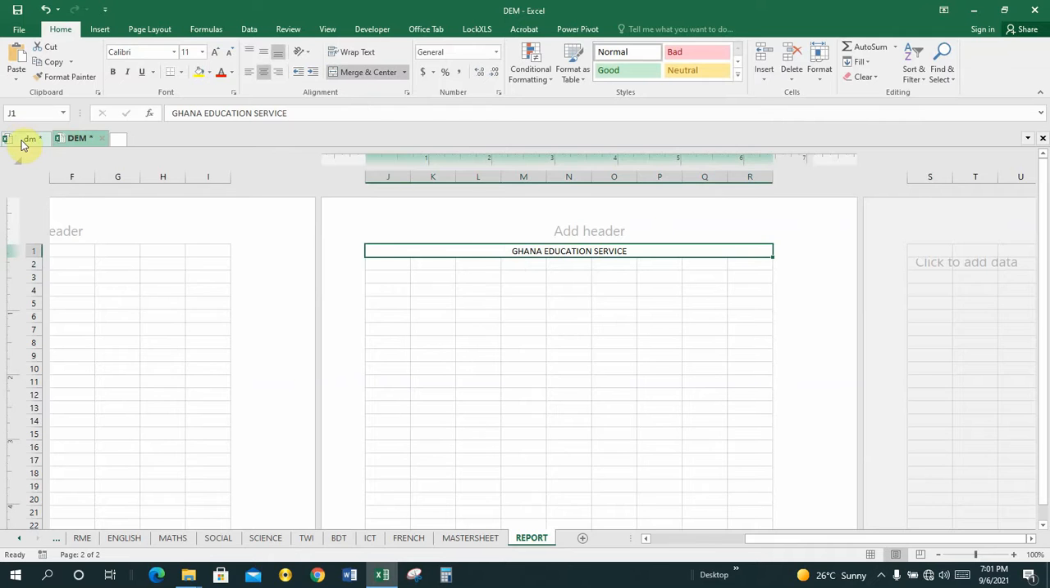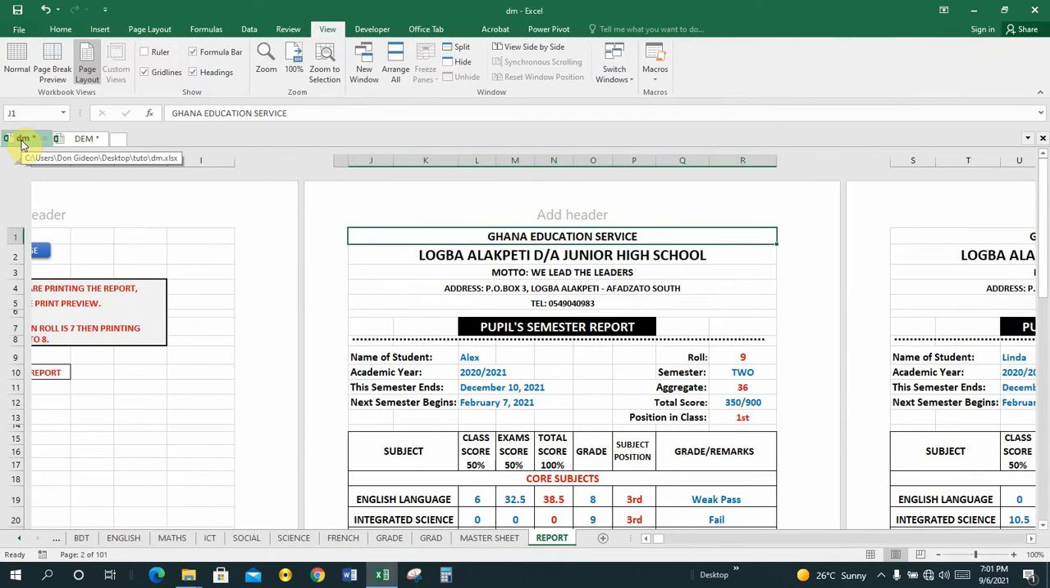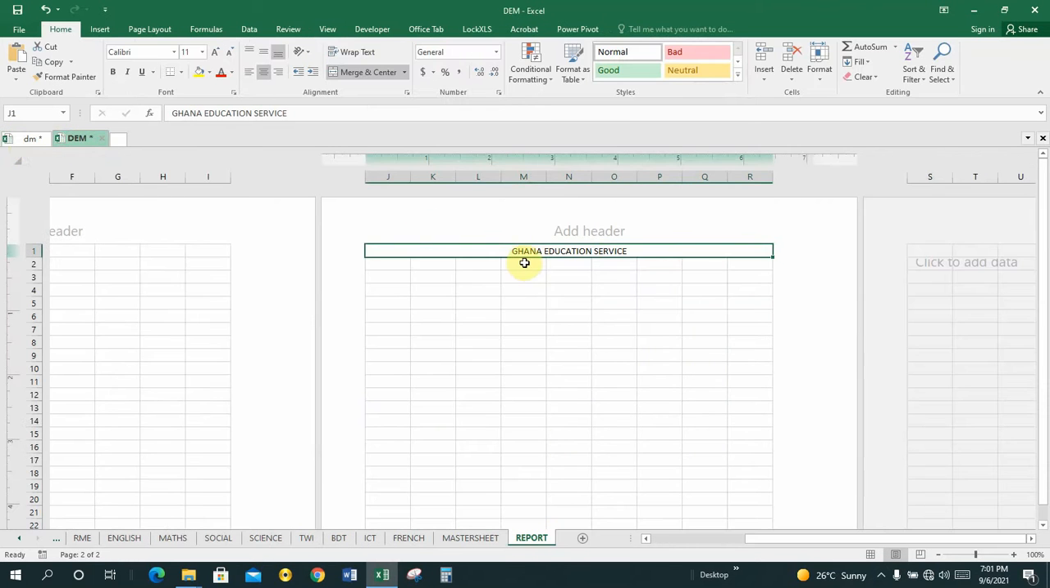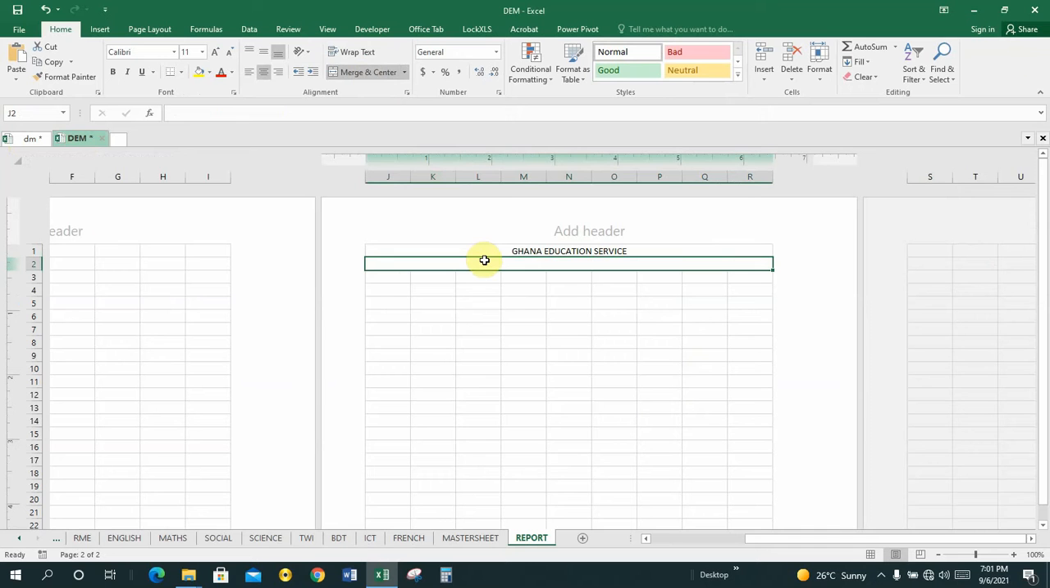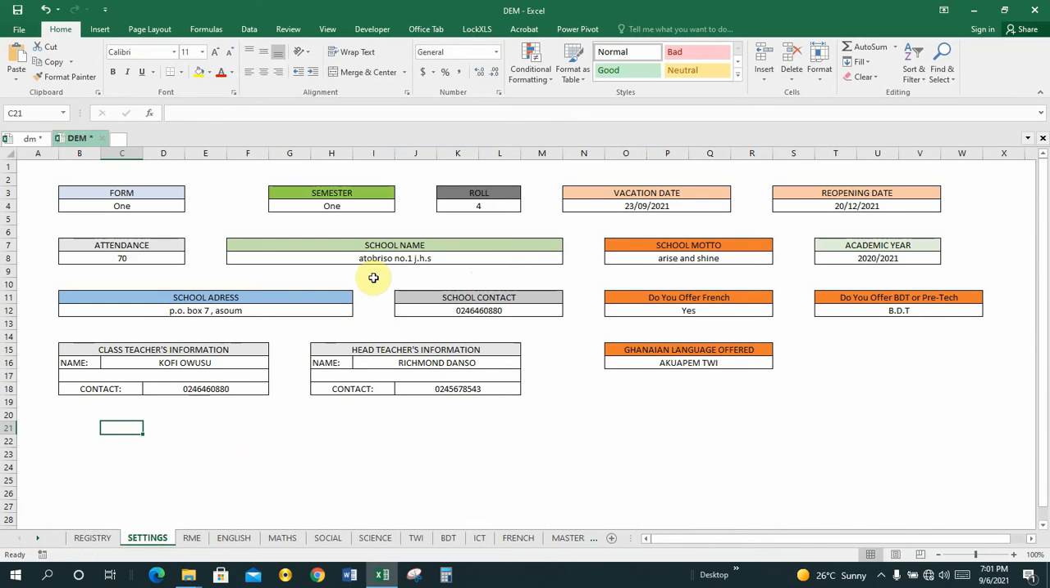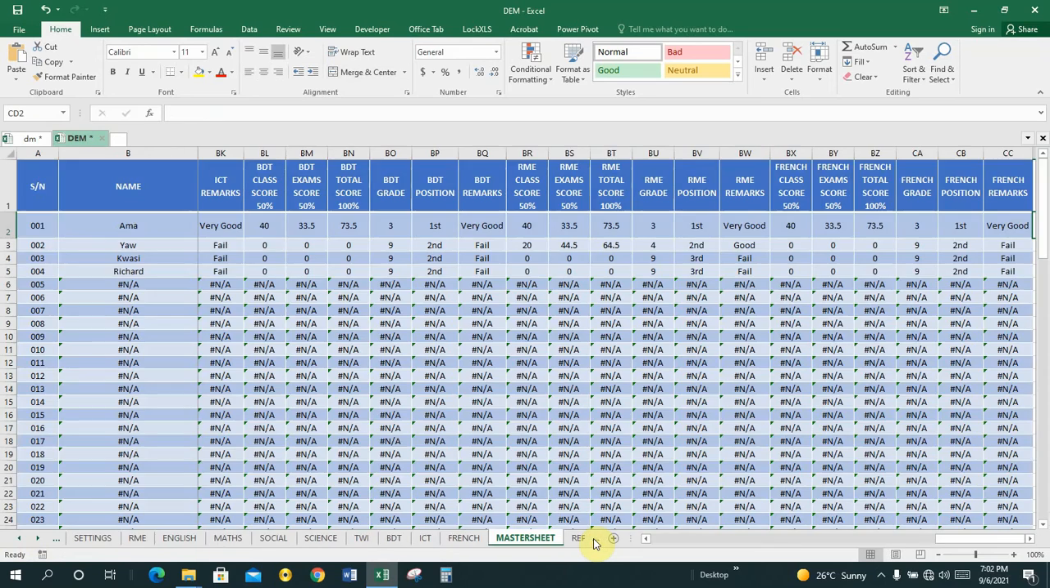So let's check the next. The next is the name of the school. So as usual, you select the entire cells over here. You merge and center. Here you put a formula. So you link it to the settings where the name of the school is. The name of the school is at what? F8. So on our report,